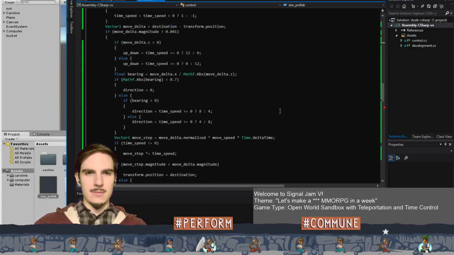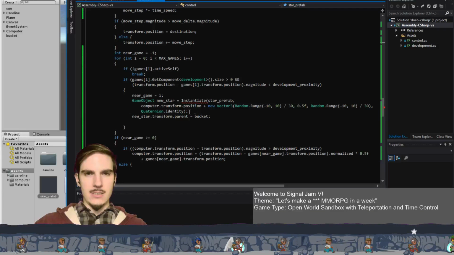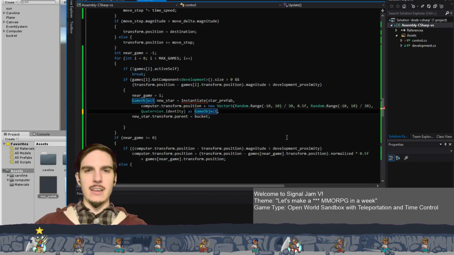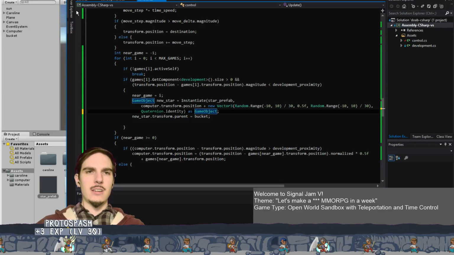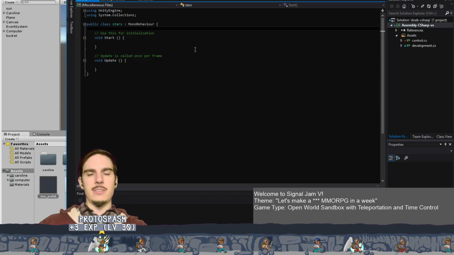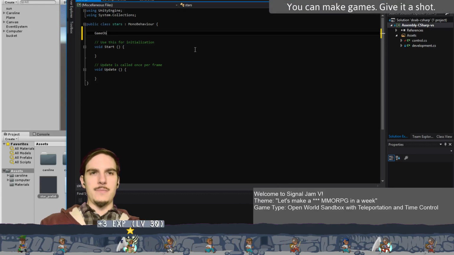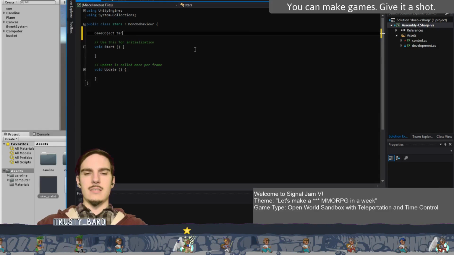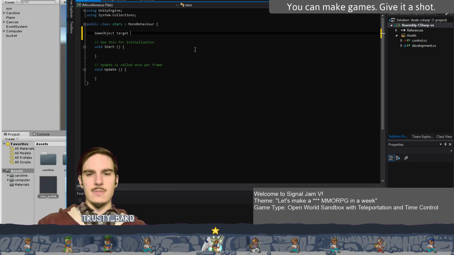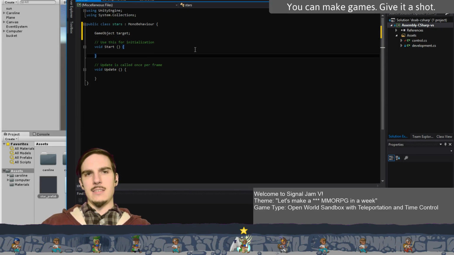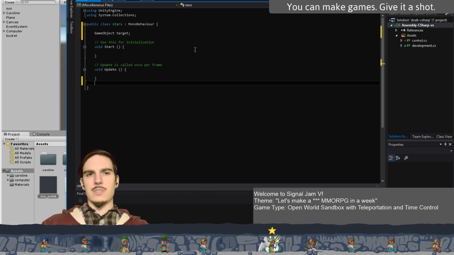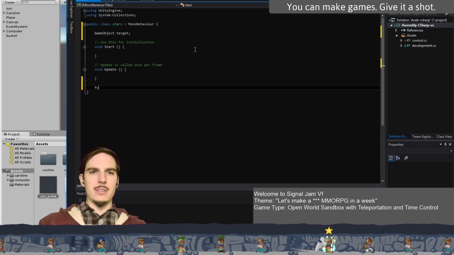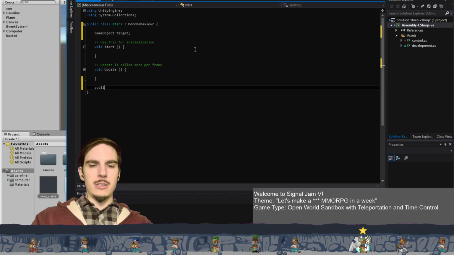Yeah, so instantiate as game object, and then the bucket, and then stars will have a game object target, I guess. And so we'll say public, not capital P, public void